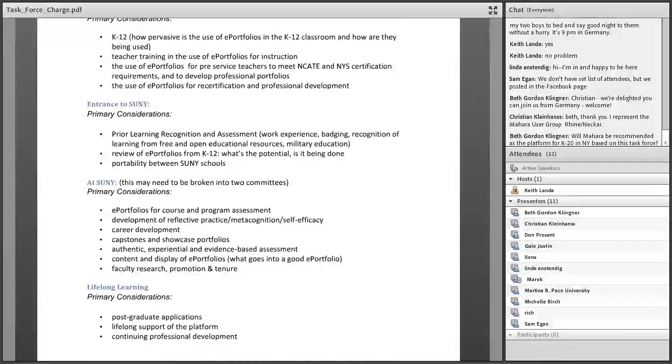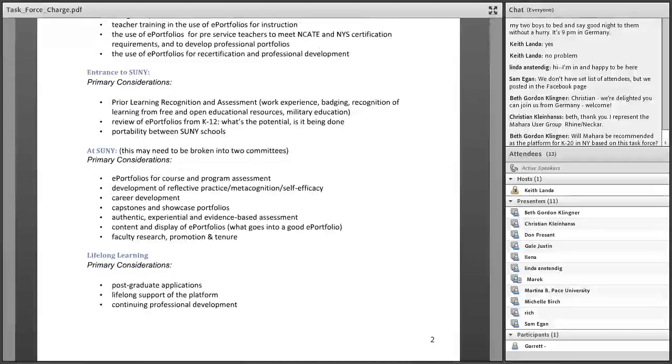My focus, of course, is primarily on the teaching and learning aspects, how to promote reflective learning on the part of students, but we'll also be looking at assessment and career development issues. And then there is the post-SUNY component of this life cycle.